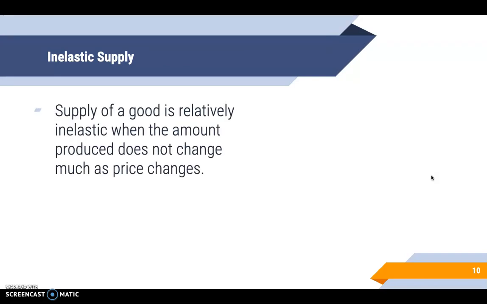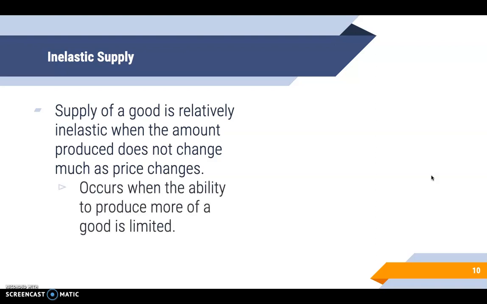Supply of a good is relatively inelastic when the amount produced does not change much as the price changes. So even if the price is going up or down, we're not producing more or less of this. This usually occurs when the ability to produce more of a good is limited. So let's talk about, for example, oil. Okay, so even if we are producing,